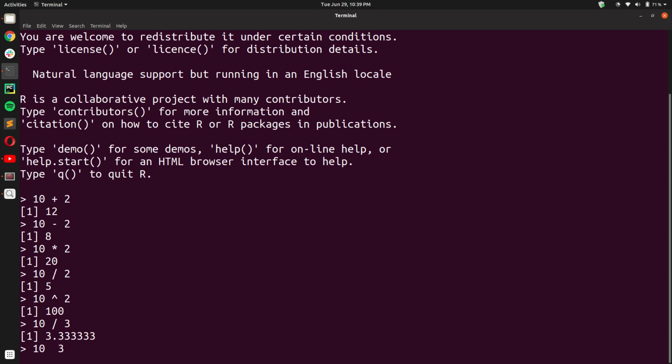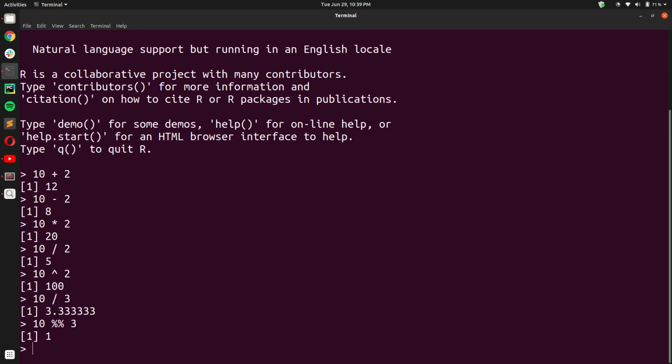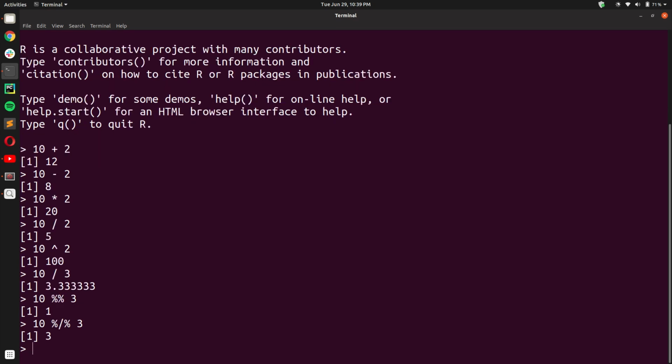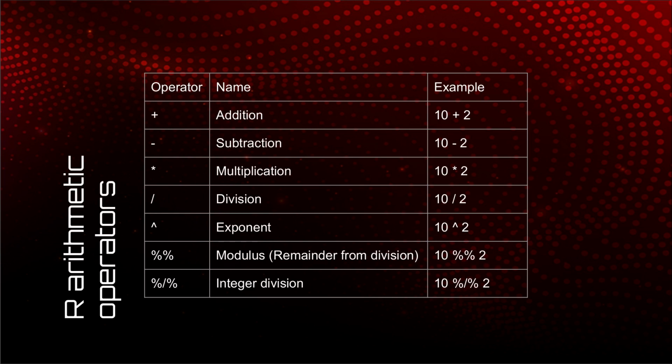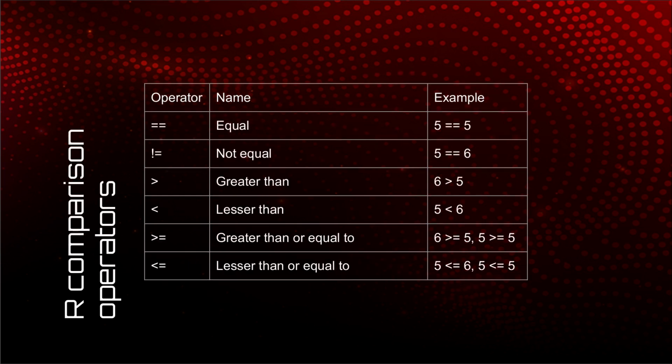But if you wanted the remainder of 10 divided by 3, which should be 1, you can use the double percentage sign, two percentage signs adjacent to each other. 10 %% 3 gives you 1 as output, and if you insert a slash character between those two percentage signs, you will get integer division, which means 10 integer division with 3 gives you 3. Okay, so that's arithmetic operators done.